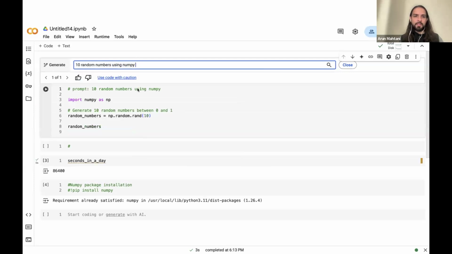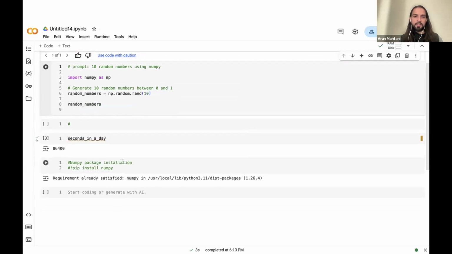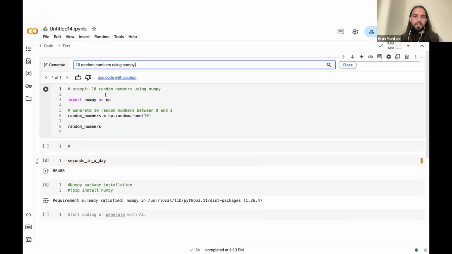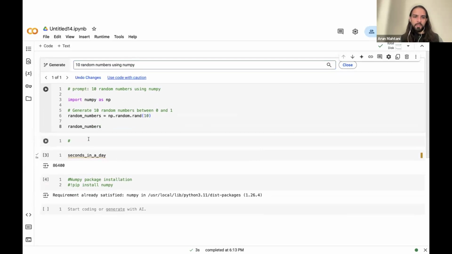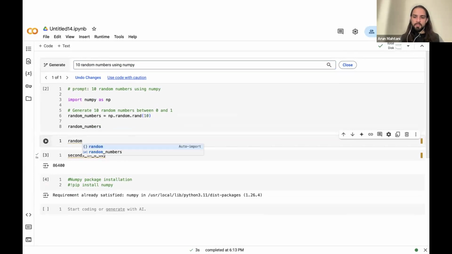So essentially, what it's doing is it's giving you the code. Instead of you typing it and installing it manually, it's creating this code cell and giving you the exact code that you need. So if you are executing this,